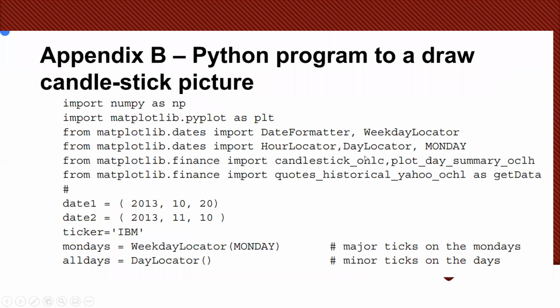Here is the coding for the candlestick diagram. For IBM, the ticker is IBM. It is the same thing. It is available in the Matplotlib library and in Python plot. You can use that one.